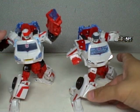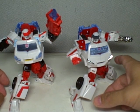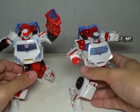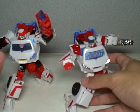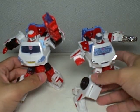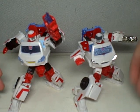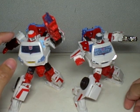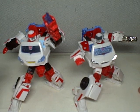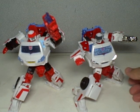But I will say this, the Ratchet is definitely better than the Universe Ironhide. A lot better. Both the Ironhide and Ratchet for the Henkei versions are stellar, so I'm not gonna even go there. But all I can say is that between the Universe Ironhide and Ratchet, I think you should pick this guy up. But between the two of them, I think the Henkei is the way to go. So if you haven't picked up Universe Ratchet, if you're willing to save just a bit more, so you can get this Henkei version, I strongly advise you get the Henkei more than the Universe